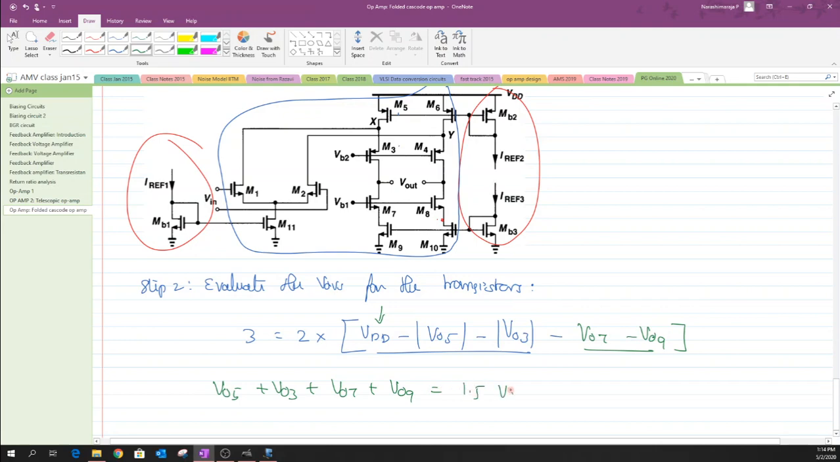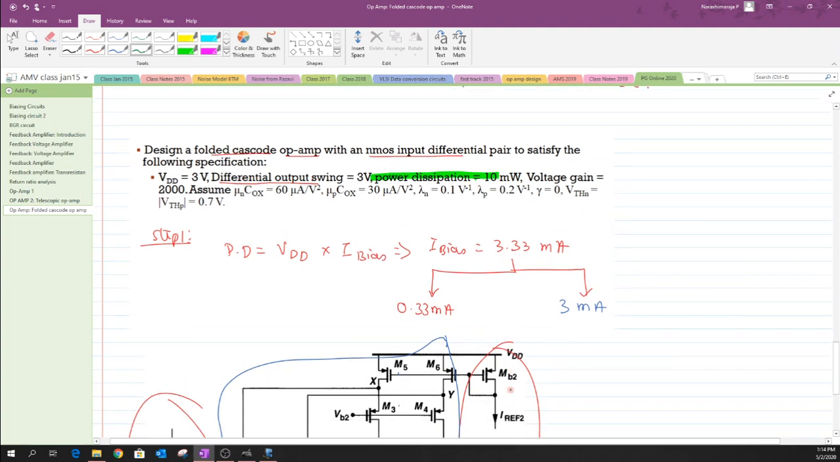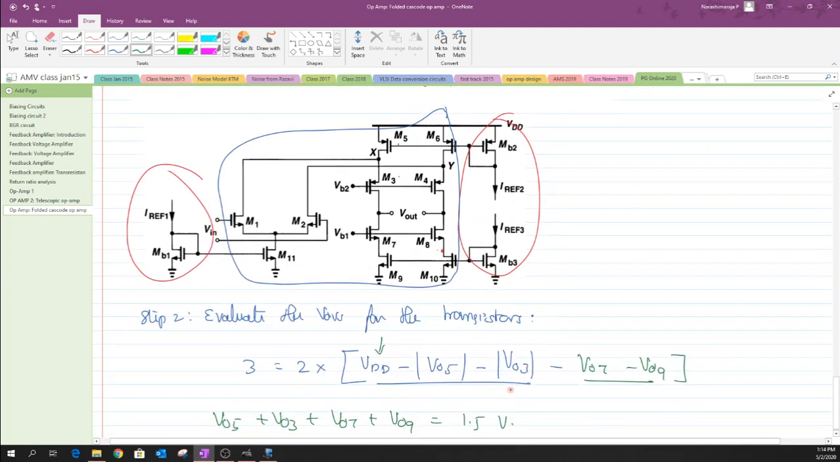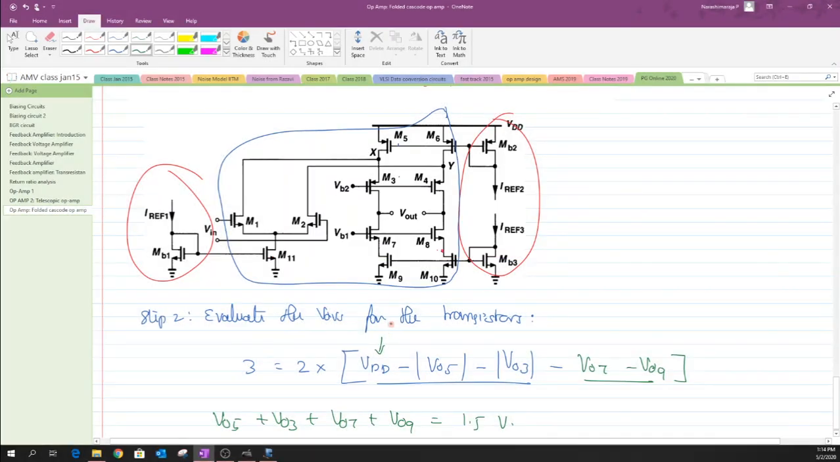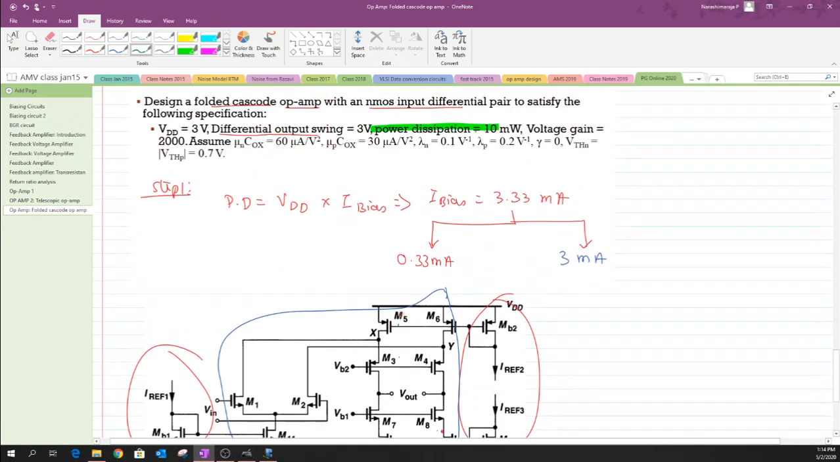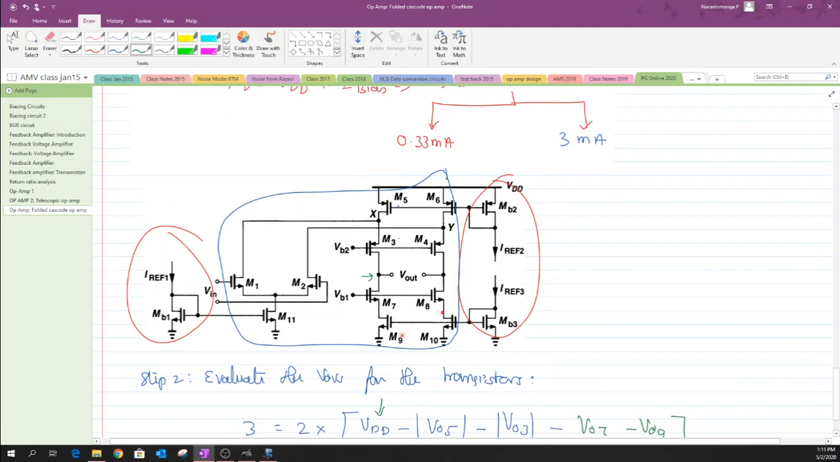Yeah. So now in this case, I guess the output common mode value is not given here. So probably in your question bank, you would find that the common mode output voltage would be given, and based on that you can evaluate or fix the values of VOVs for these structures. But since in this case it is not given, let me try to define the VOVs based on the